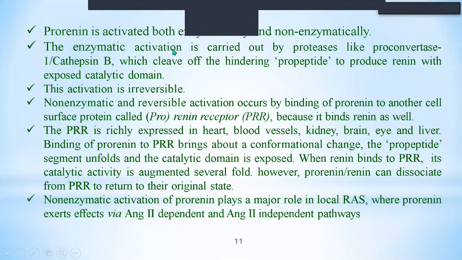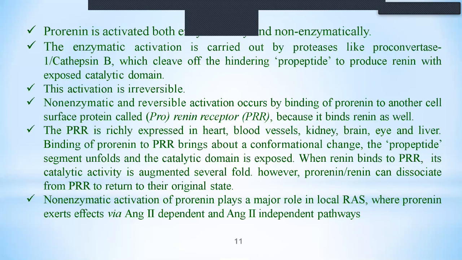Prorenin is activated both enzymatically and non-enzymatically. The enzymatic activation is carried out by proteases like proconvertase or cathepsin B, which cleave the hindering propeptide to produce renin with its exposed catalytic domain. So this